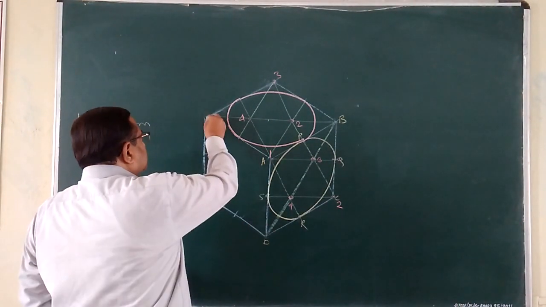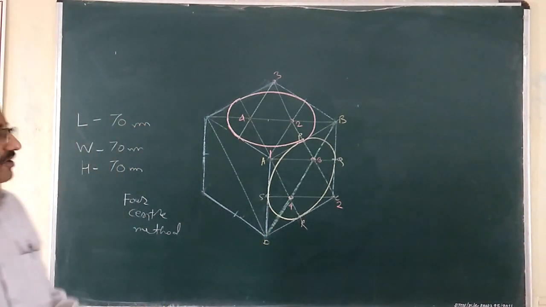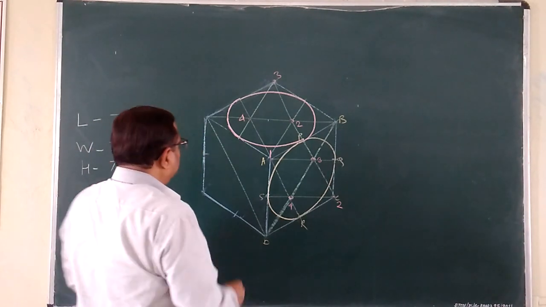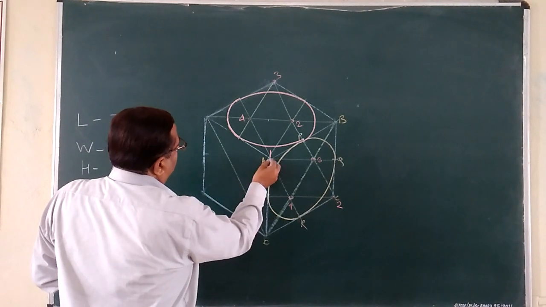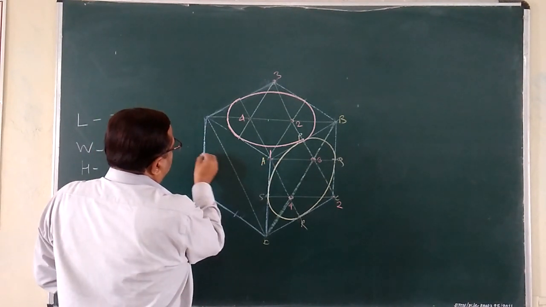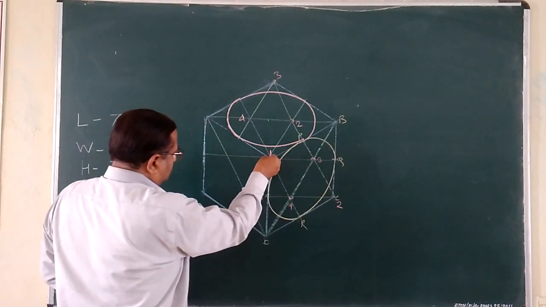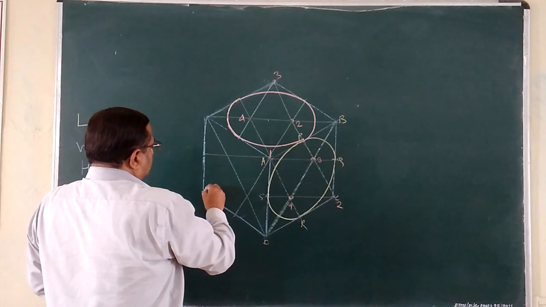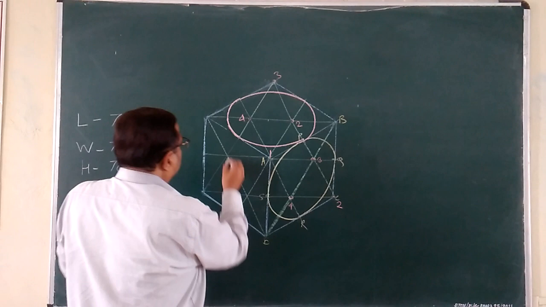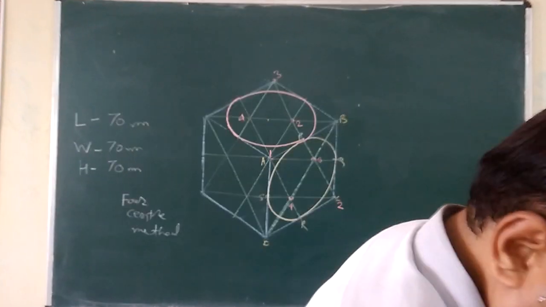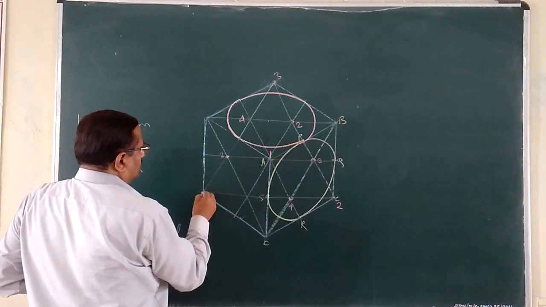All these 3 are rhombuses. Then connect the corner points to create the long diagonal. Now connect the corners of the small diagonal. Then connect this corner to the centers of the opposite sides, in this way and in this way. Again we have here all the 4 centers: 1, this is 2, 3.